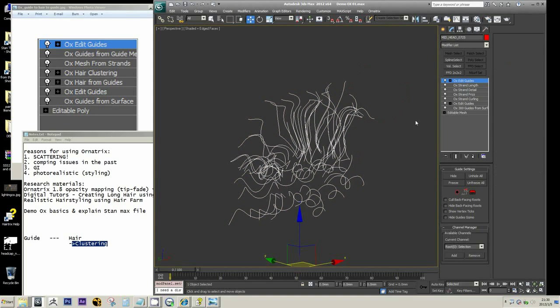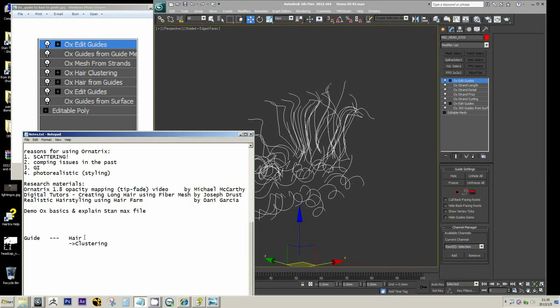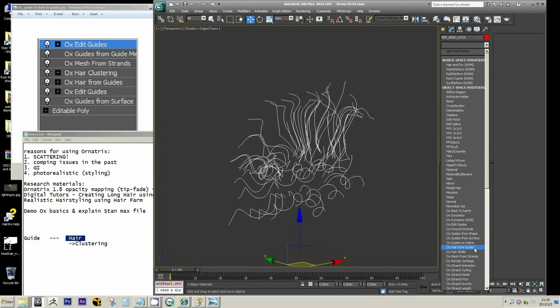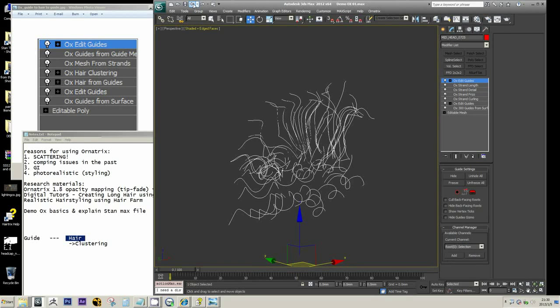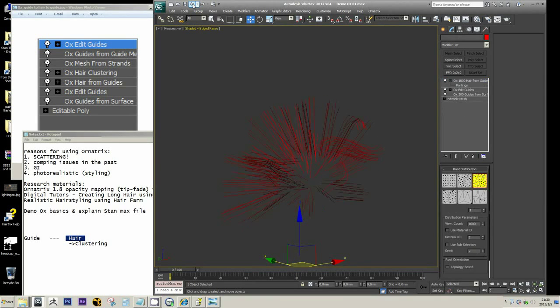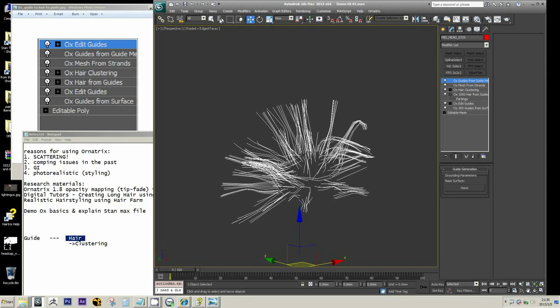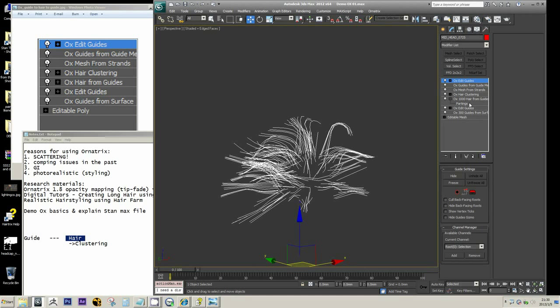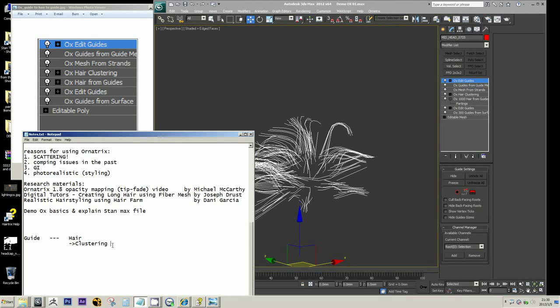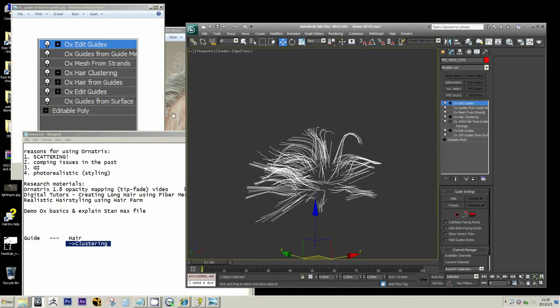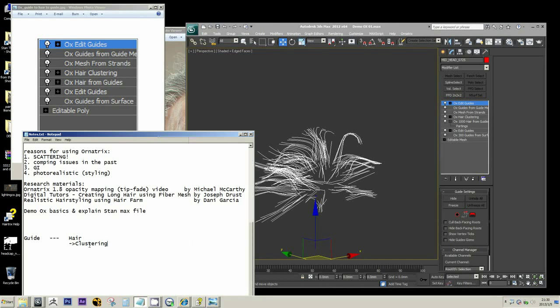Because once you need clustering and you convert it to hair, remember we have to go back and forth with the mesh from strand and stuff. We have to do all this, then only we can go back to editing it. That is why you want to keep this clustering way at the end. Okay, hopefully, I know it took me all the way back here to explain just this point. I know probably I'm a lousy explainer, but anyways,